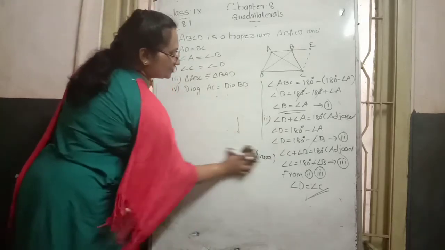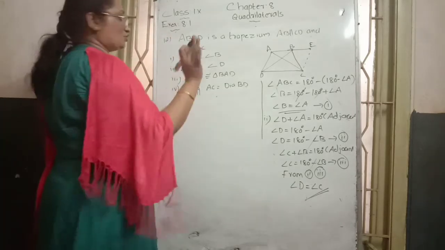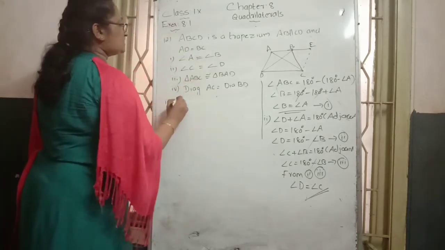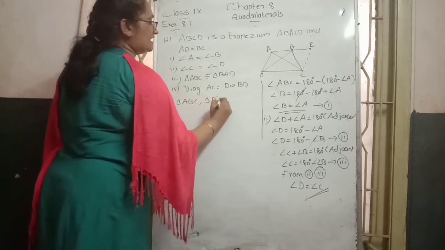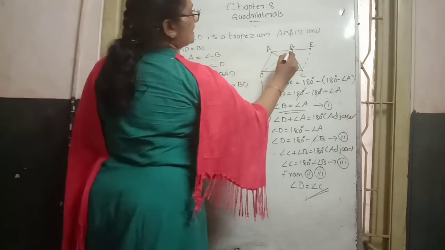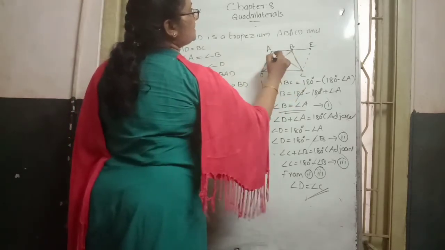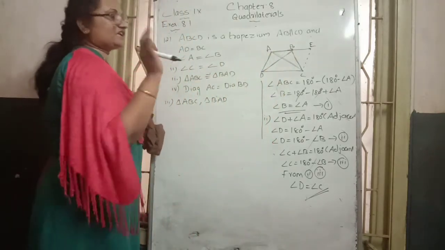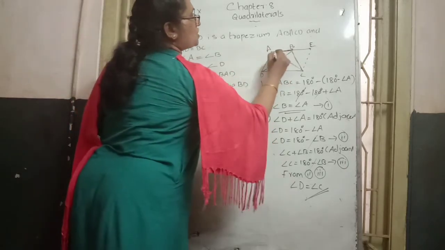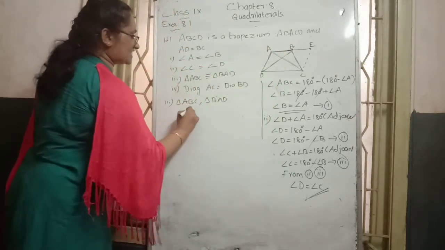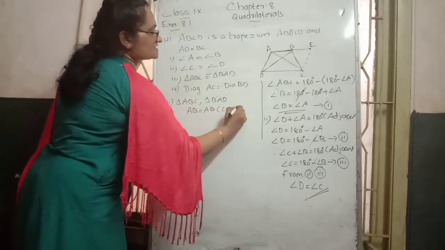Third case, what do we want to prove? The triangle case. Which triangles are mentioned there? Only two triangles are considered: triangle ABC and a second triangle BAD. In the diagram, see triangle ABC and the second triangle ADB. Considering these two triangles, we look for any three conditions. Both triangles have a common side AB. So we can write AB equals AB, the reason being they share a common side.